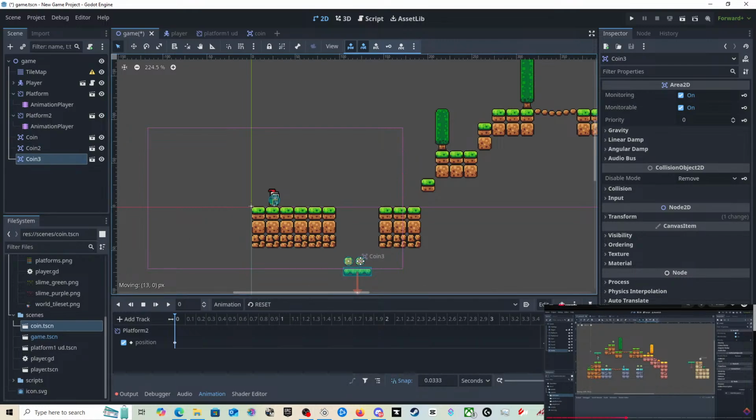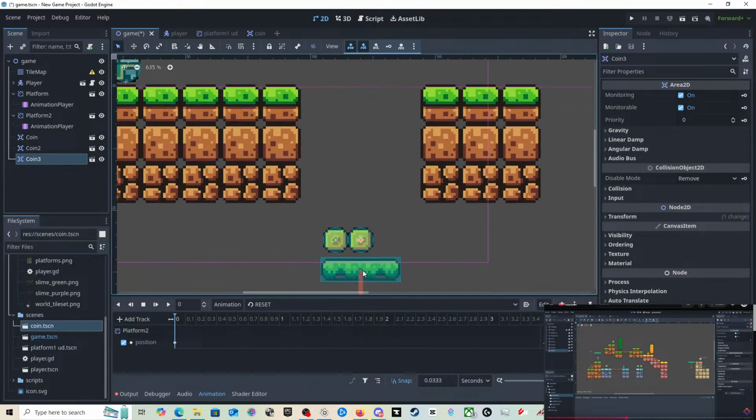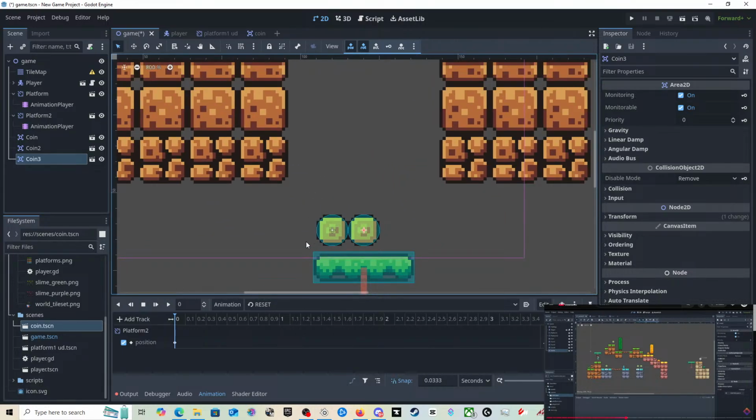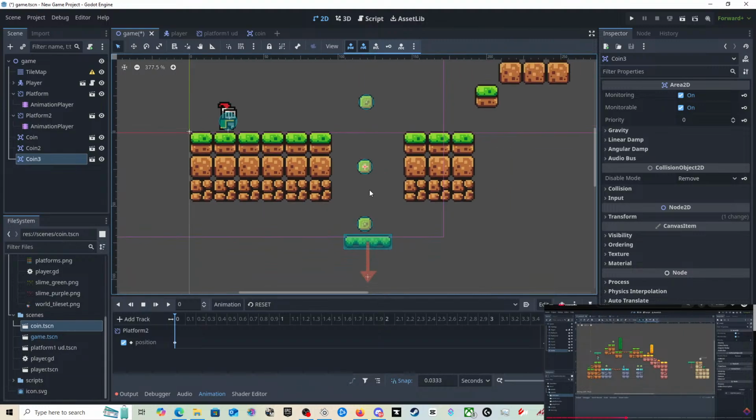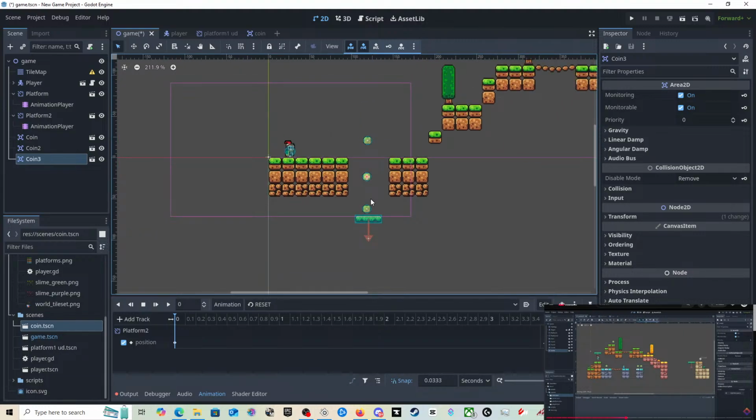Cool. Can we get some snapping going on? How close are we? I'm going to make it awkward. We want to go there. Oh, actually, no, we don't. You know what we want to do? We want to do it like that, I think. Let's get some snapping going on. Just so people have to go down there.